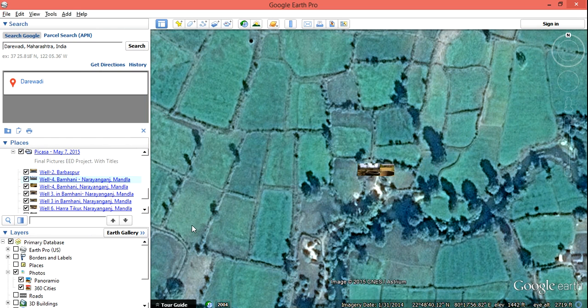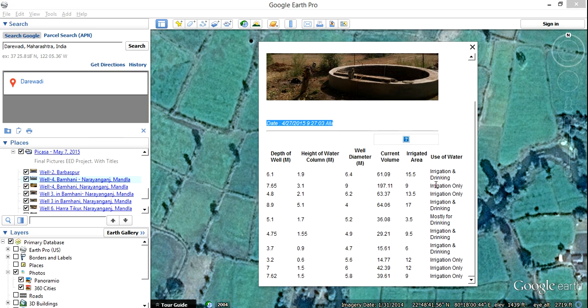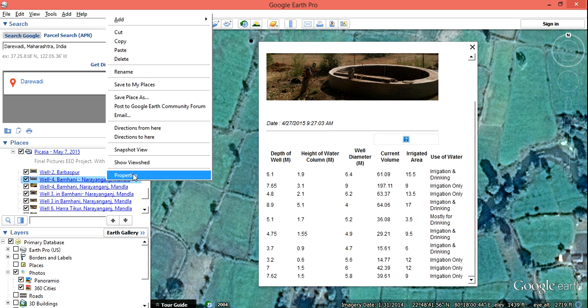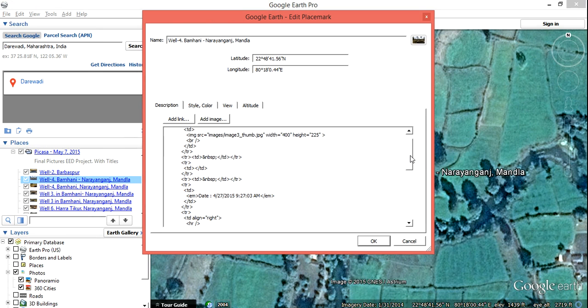So you say OK. To start off, just click on this link and see how it looks like. So it looks decent. There is your original photo, there is the original date that was appearing, and the new HTML data has come here. Now we need to do some bit of formatting. So you do right click, Properties. In the description part, we can choose to delete some rows that are not required, like the first one,